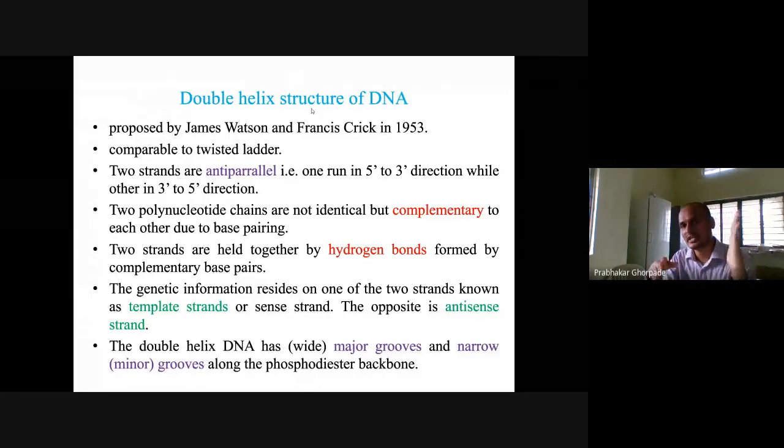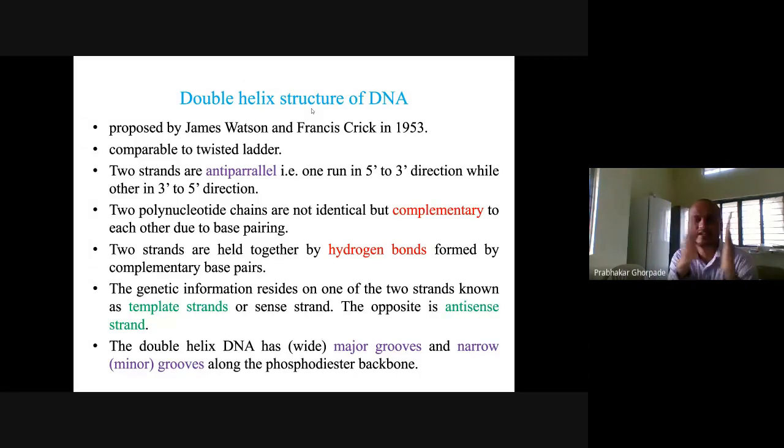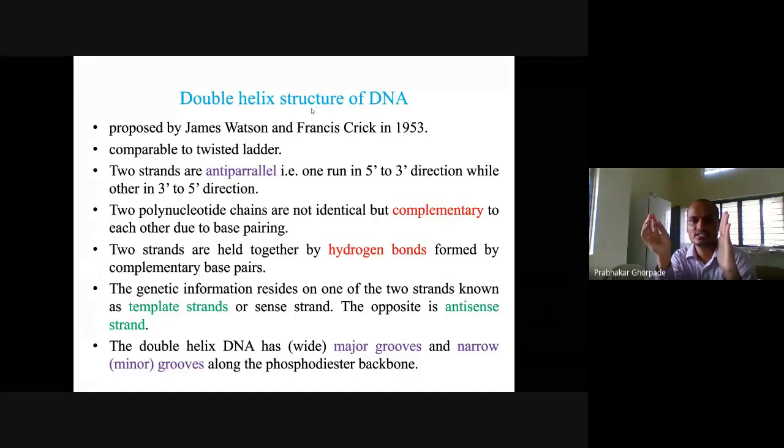Okay. So if you take this strand of DNA and this strand of DNA, these are complementary to each other. This strand and that strand are not the same. So this A here should pair with a T, C should pair with a G. That is a complementary relationship. It is not the same relationship, but if you know the sequence of one strand, you can deduce the sequence of the other strand. That is because of the complementary relationship.